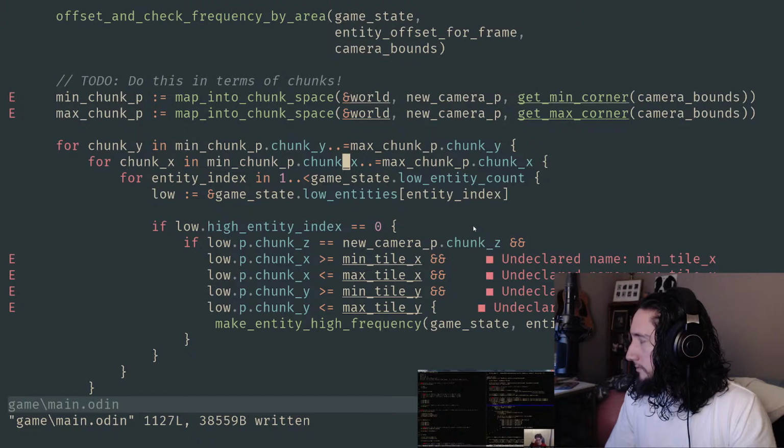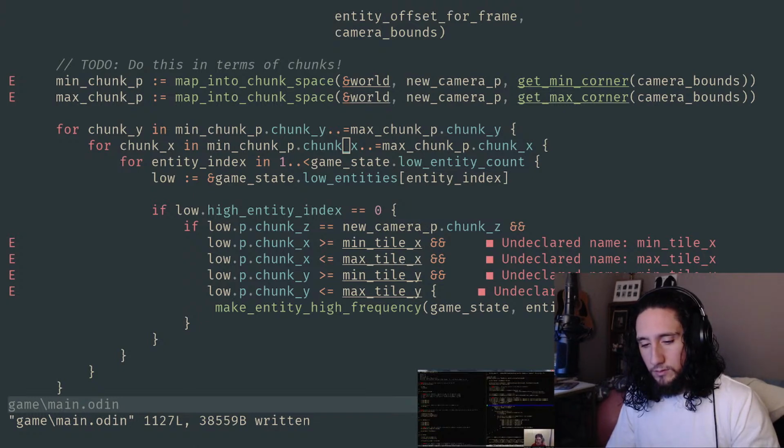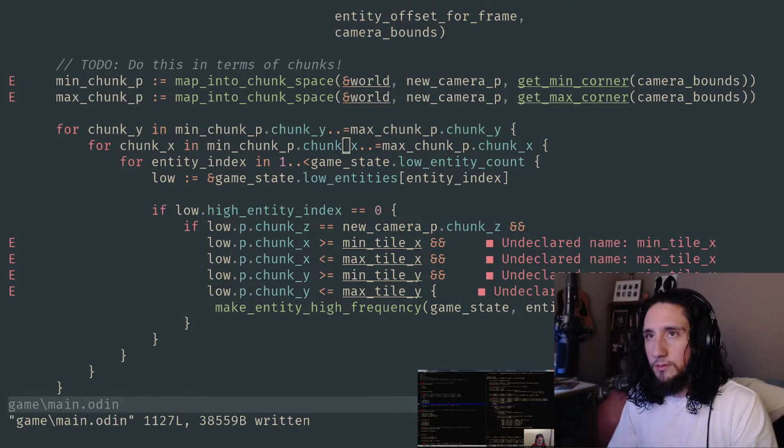Right? And this is probably going to be a common thing for us to do. And so once we write this loop, we may want to consider, to make a little mental note, the next time that we want to loop over all the entities that are in a particular chunk or range of chunks for that matter, we may want to make an accessor that makes it easier for us to do that. So I'm going to go ahead now and take a look at this world chunk stuff.